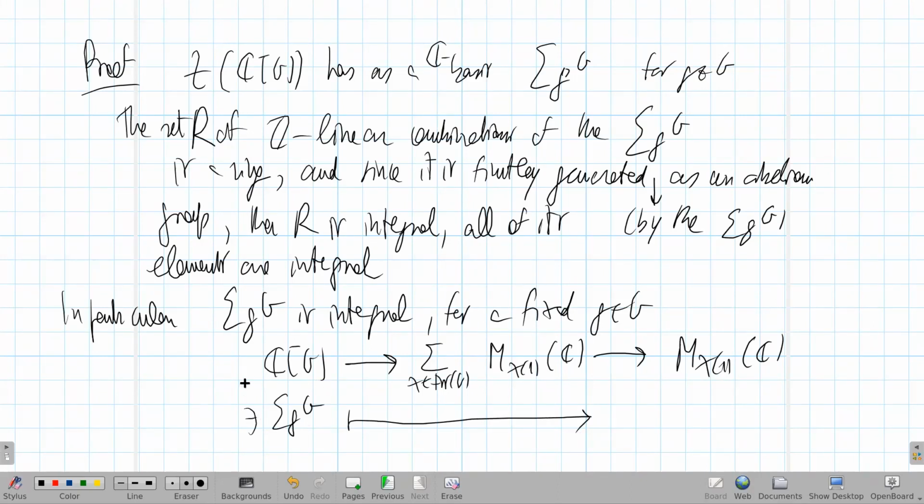Since this is in the center of the group algebra, this is a discussion we have done several times, this will go to the center of this, which will be a scalar matrix. And after all, what does this map do? It simply takes an element g and then takes it to rho of g. Okay, so this means that in this function, the sum over g under this function goes into what? Goes into the sum for